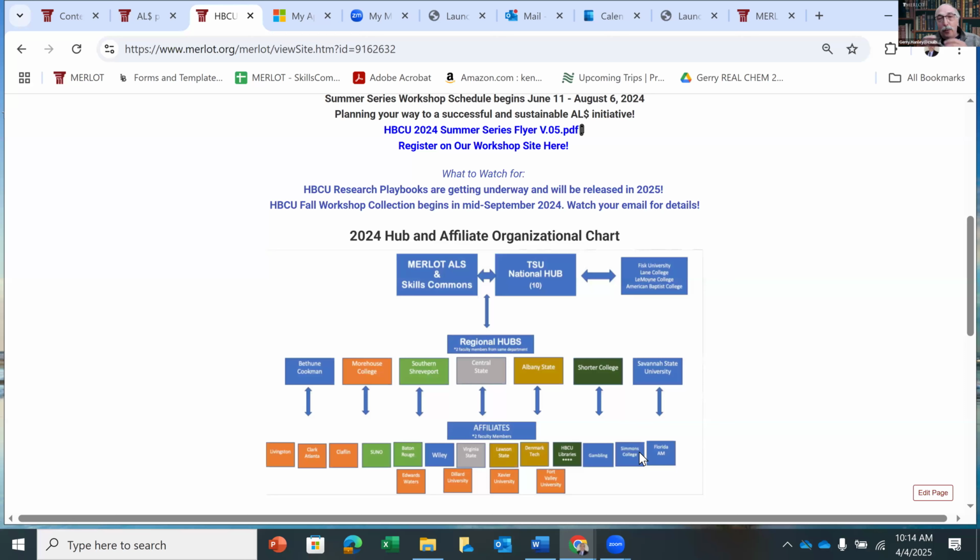So they started working on affordable learning a number of years ago, and they have worked on creating institutional initiatives that are helping faculty adopt free materials.